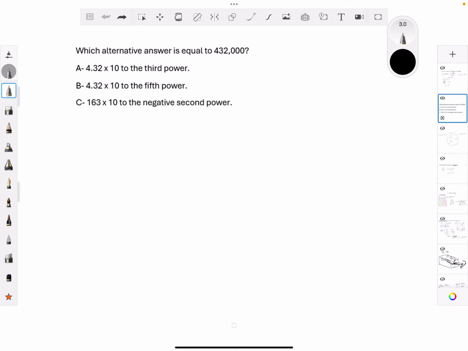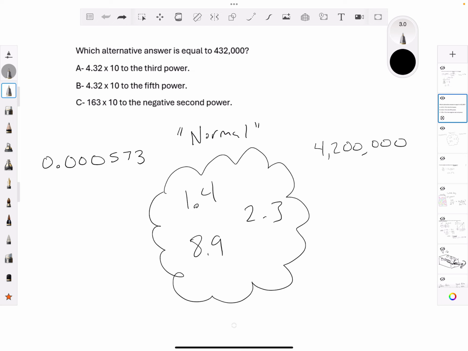Which alternative answer is equal to 432,000? So this is a question where you just need to identify basically what scientific notation is. It gives you three choices, A, B, and C, and you just have to pick which one is the equal value. So an analogy I like to use in class is